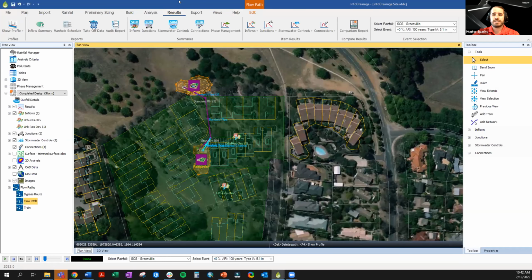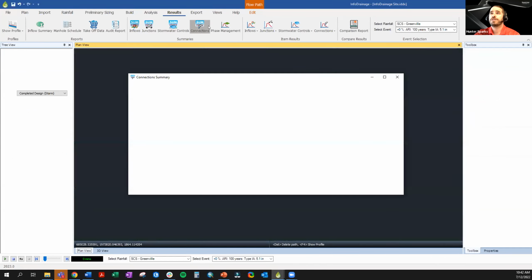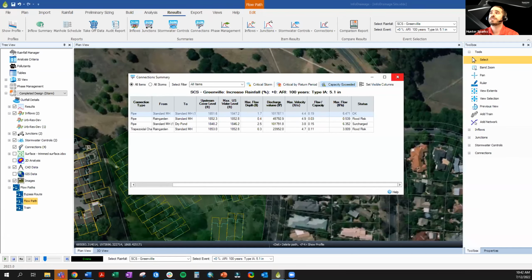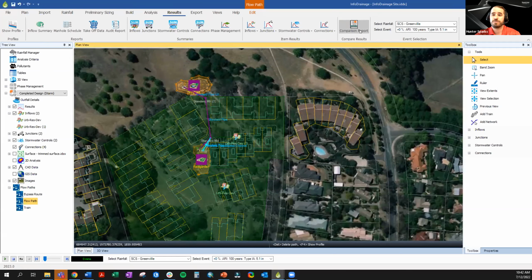And so last but not least, we have a lot of really good reporting options, allowing you to look at the results in different fashions, whether you're looking at all of your different pipes and the maximum flow and just getting an overview of that information. But one of the ones that I really wish I had when I was doing these designs was